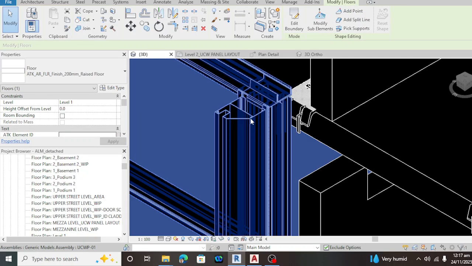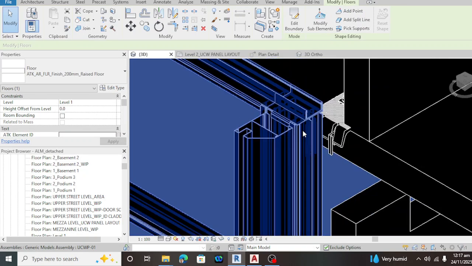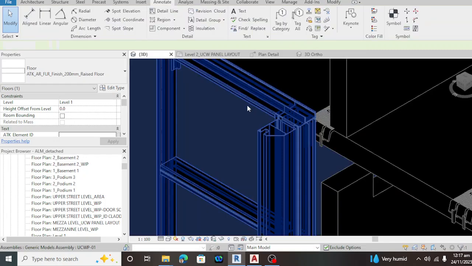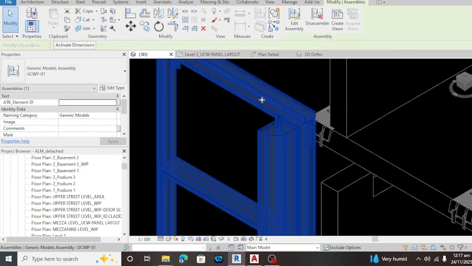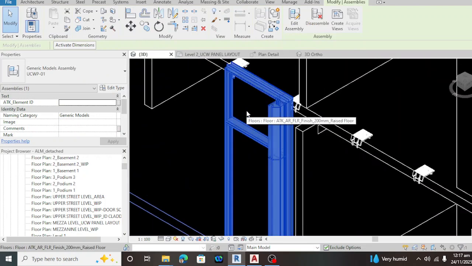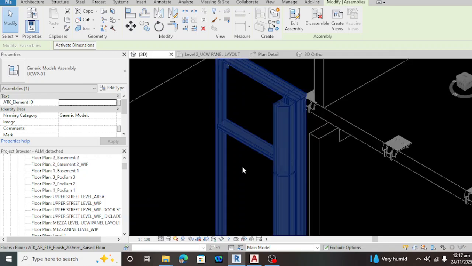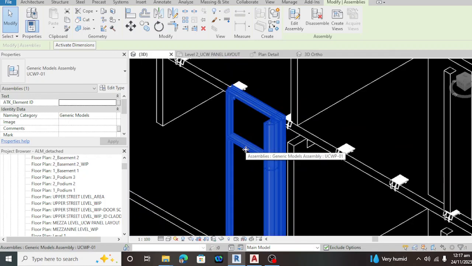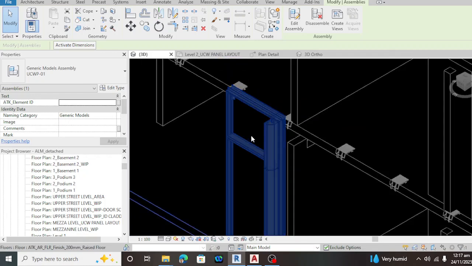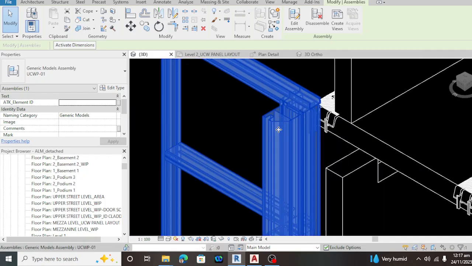This is our panel. I did not yet put the glass here and here because I want you to see, guys, how the panel, the metal frame works.